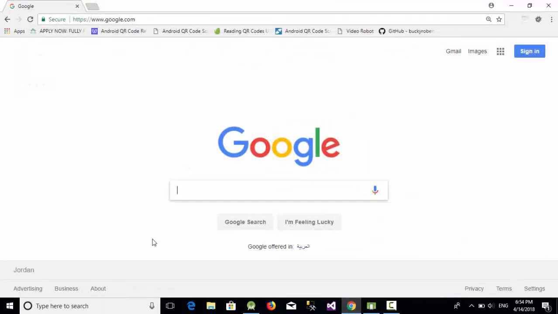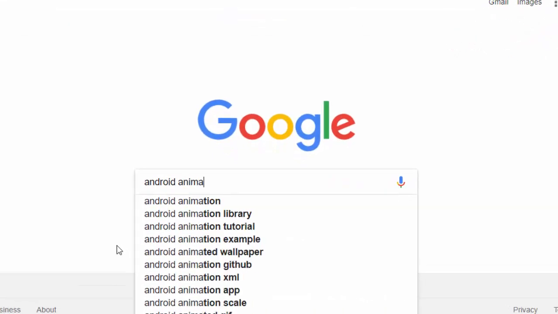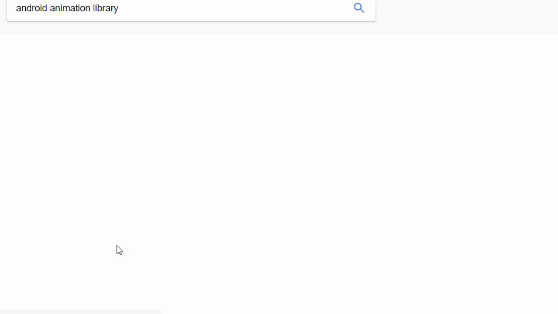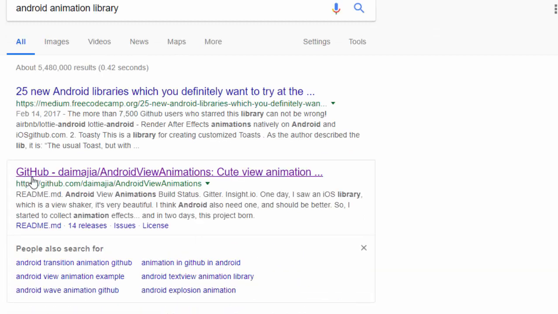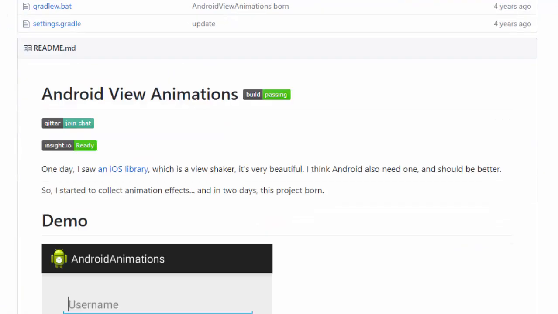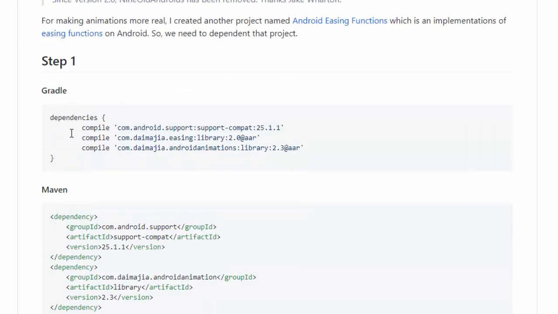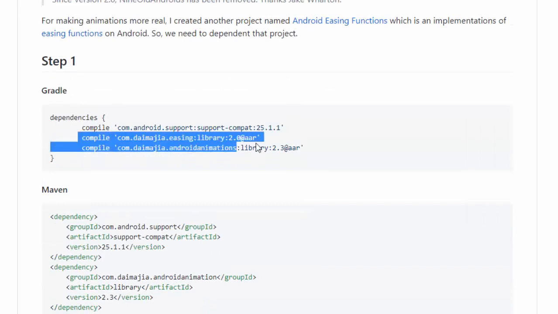If we go to Google and write something like Android animation library, you can find this one, which is the Android View Animations library. If you click on it, you will go to GitHub to get the Gradle script of this library. Just go down here and you will find your Gradle. Just take those two,